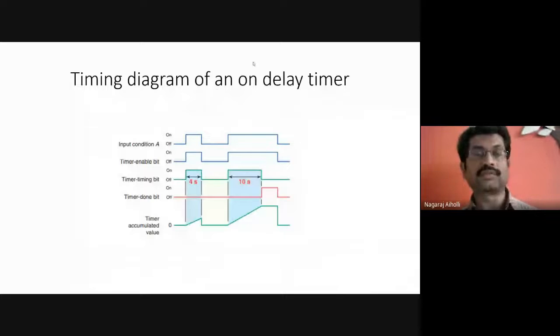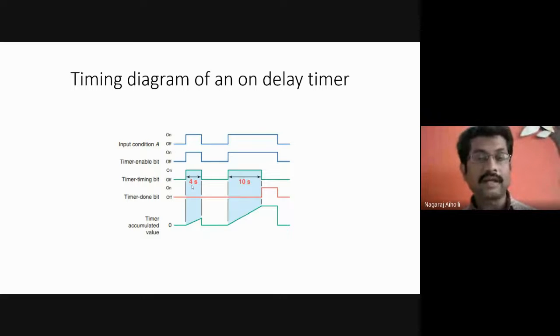Once the switch goes from off to on state, the timer enable bit will be activated; it will become 1. Once the timer enable bit becomes 1, the timer timing bit will start to time. The timer will start to time automatically once the enable bit is equal to 1.